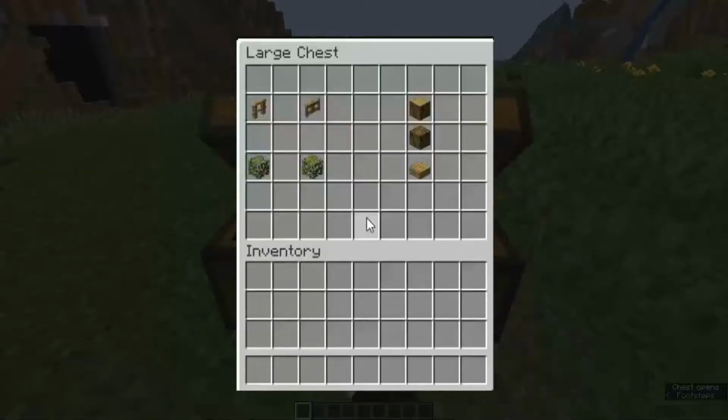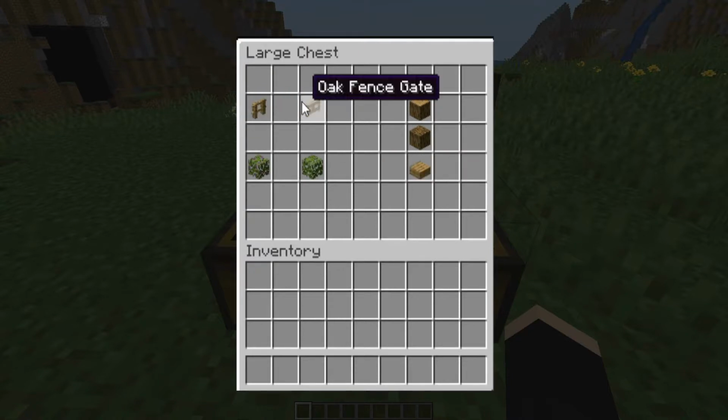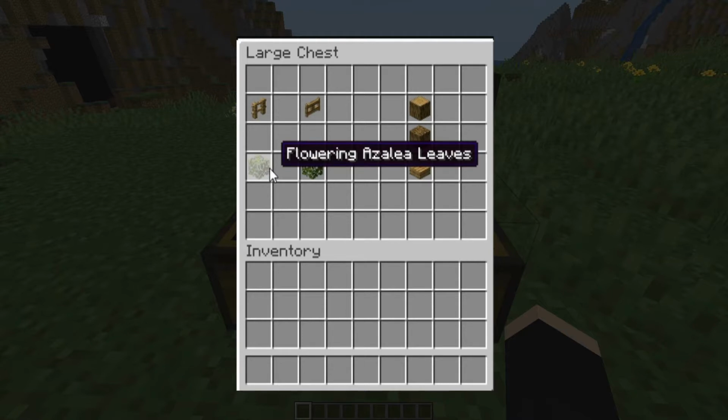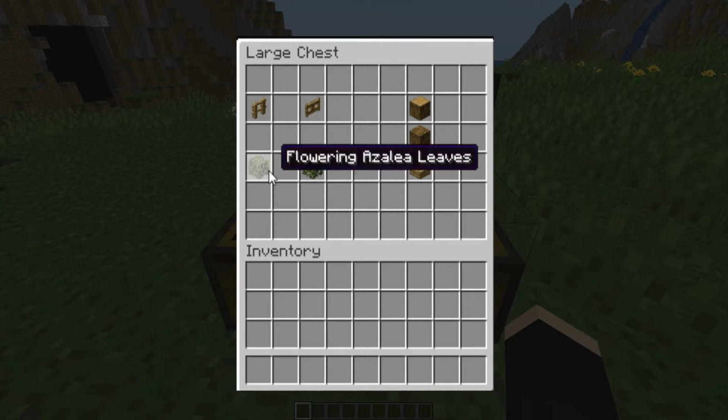So for all of my tree designs, I'm going to be using a mixture of these blocks: the oak log, oak wood, which is basically just 4 oak logs in a crafting table to get no open sides, the oak slab, oak fence gate, and then I wanted to try out the flowering azalea leaves and the regular azalea leaves. Normally I like to stick with whatever wood type I'm using or mix spruce in with the oak for leaves, but I wanted to try these out because I have not gotten a chance to really mess with the 1.17